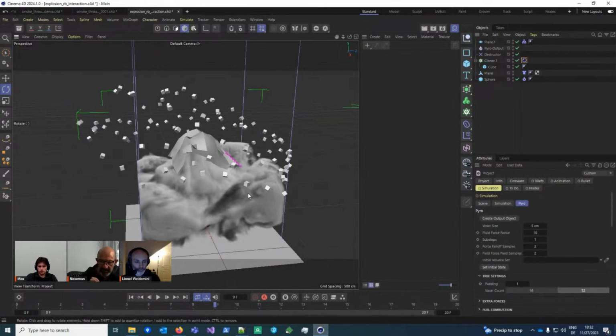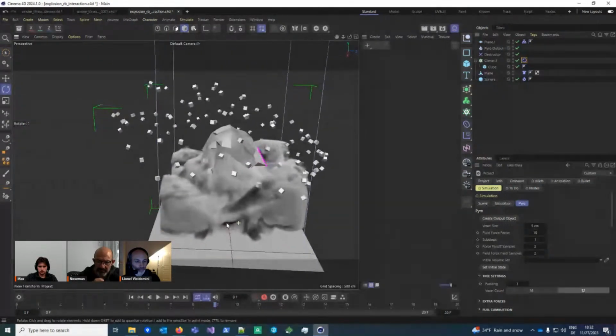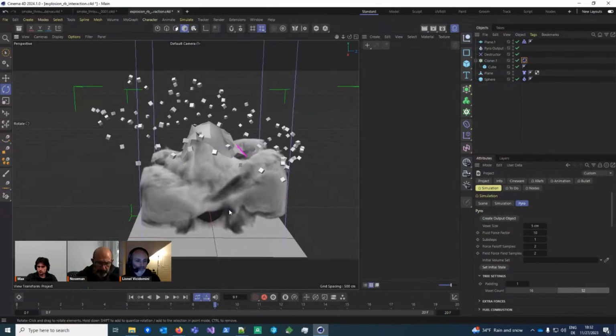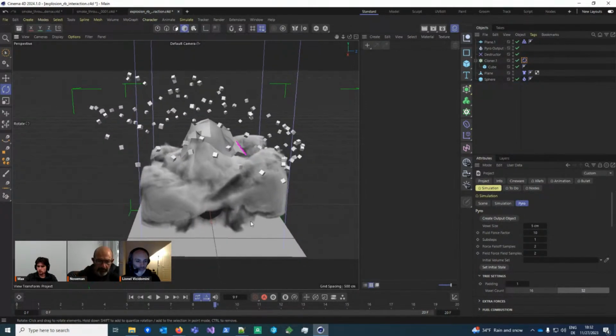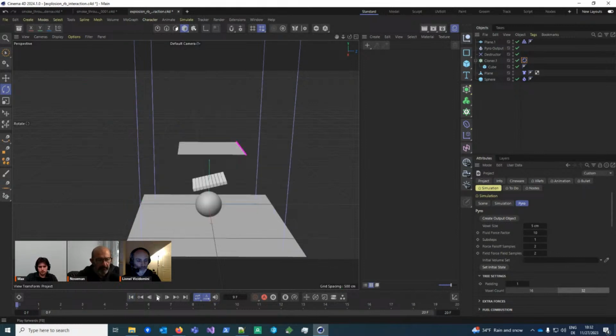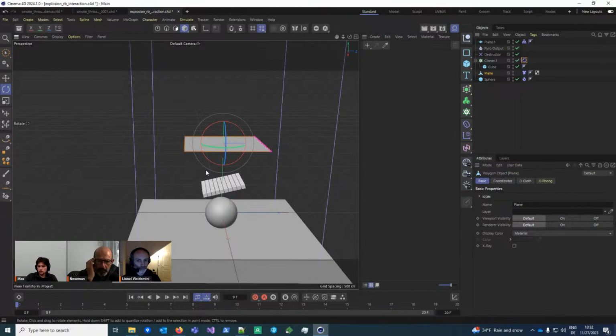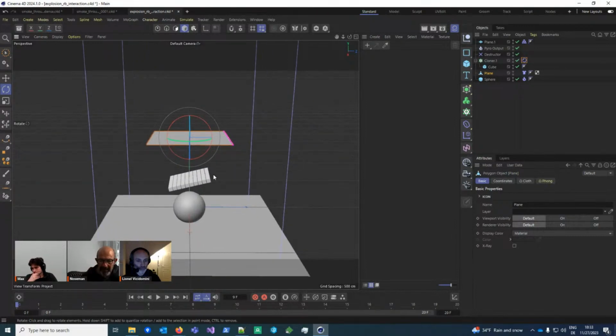Max, do you have any advice as far as how mass is controlled in terms of numbers? If you have a rope and you have a cloth, do they both need to have a mass of 1, or do we need to think of different ratios if you want them to interact properly, a normal bed sheet and a piece of rope? If we use the default values for mass, is that interaction going to be okay, or do we need to change something in the rope or the cloth to make them look more natural?